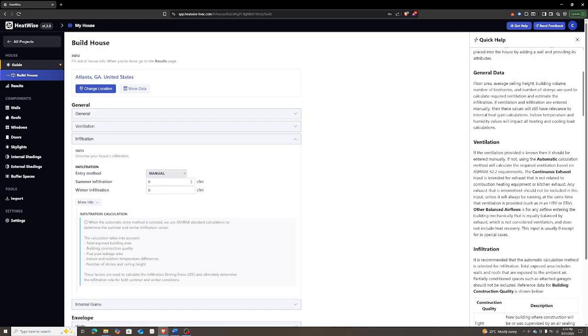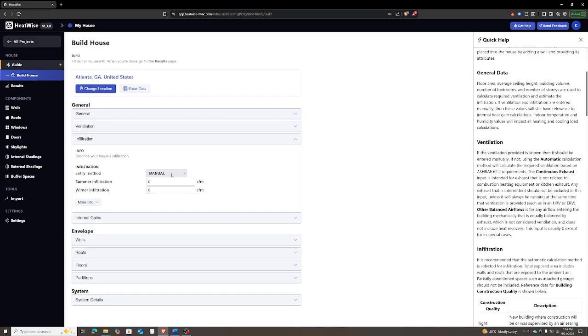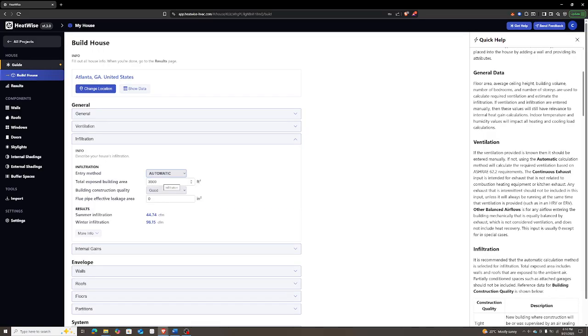Since we have no real way of knowing these values, I will just choose to have the calculation done automatically. So this requires a couple inputs. First of all is the exposed building area. This is a little bit tough to know sometimes, but it comes from your architectural plans or can be pretty easily estimated. So in this example, I said we had a 20-foot by 30-foot building footprint, which gives us about